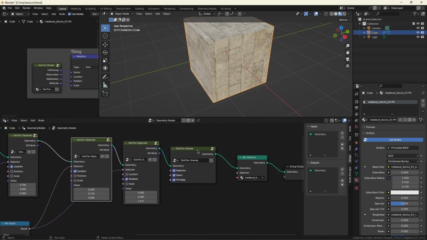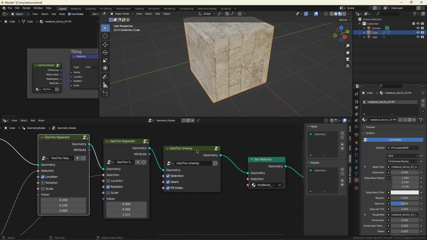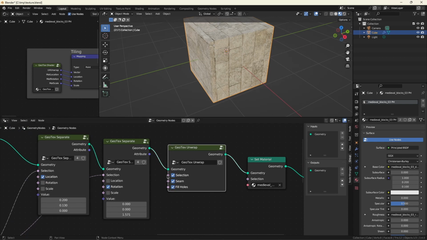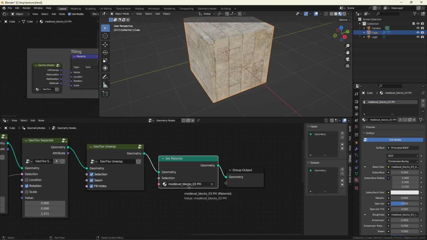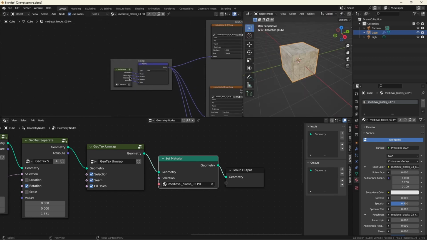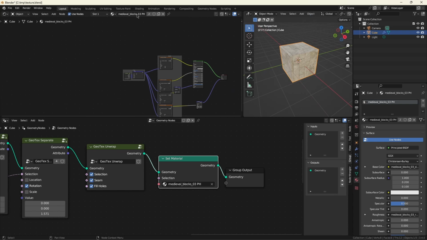Lastly, we have this unwrap node, which is by default trivial, but can be expanded to any degree of complex unwrapping that you need. And this will save the UV map into the face corners for the shader. Lastly, in order to make this all work, you'll want to set material to the texture that you've created or downloaded, in this case Medieval Blocks 3,